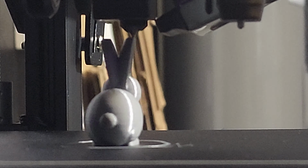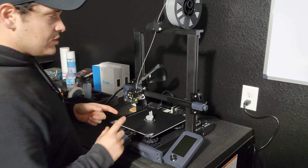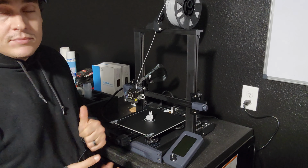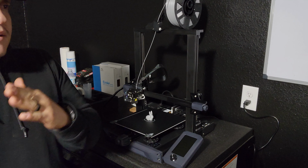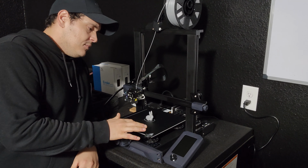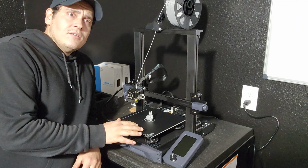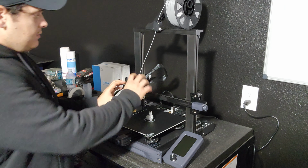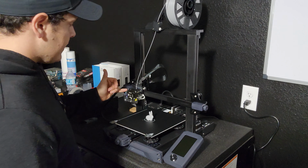Everything turned out good. I think me actually going around and checking different points. I did watch the video. You've probably seen it. I watched, I think, 2 different videos because they were explaining leveling, and then you could actually turn down the Z and bring it closer. So instead of just disabling the stepper motor, bringing it down, and then checking and then fine tuning, you could actually bring this to,